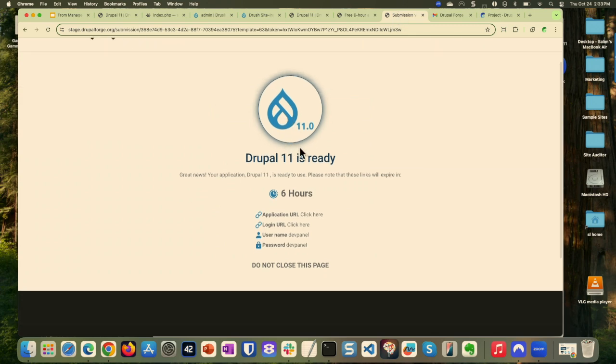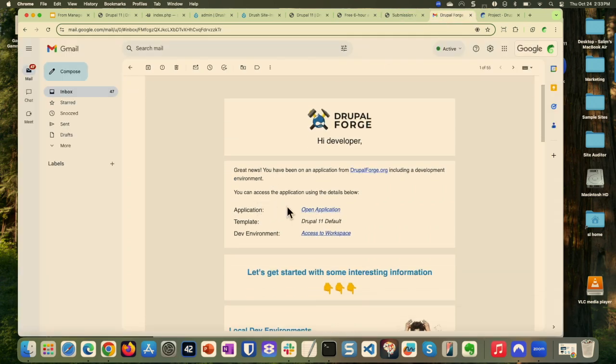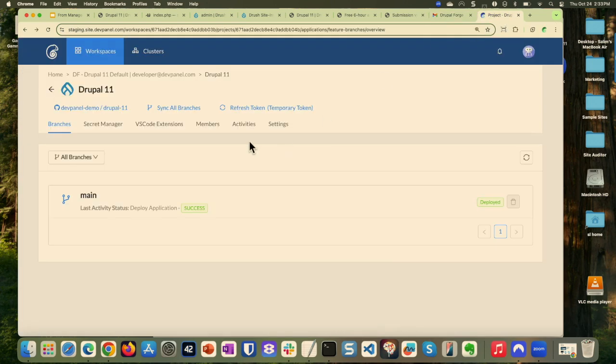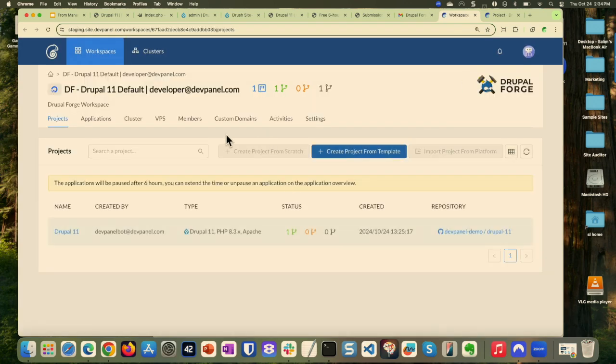You'll get a page like this. It says, do not close this page, because it gives you the URL. You have to save all this information. But it actually sends you an email as well. Here's your application URL. Here is your access to your workspace. Okay? And when you go to your workspace, when you click on this, give me my dev environment, you get,